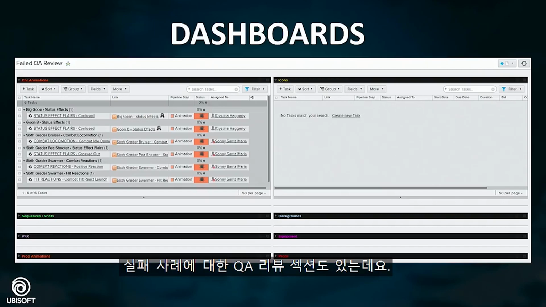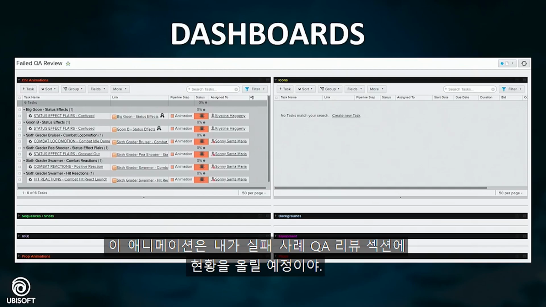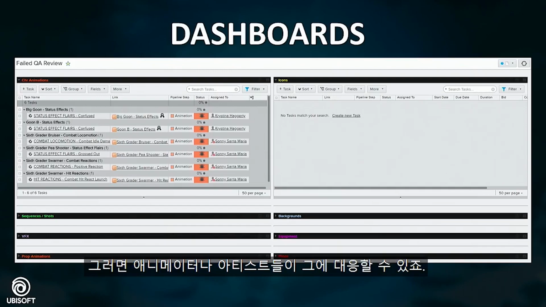All right, we also have the failed QA review. This is something that we wanted to get our QA team involved in, so it's not just JIRAs and bugs that we're getting, which may be vague, and we don't really know exactly what happened if we don't have a recording or a screenshot of the issue that occurred. But we can at least have our QA team come in and say, I know it was this animation, I'm going to flip the status to failed QA review, and then that animator or that artist can go in and say,